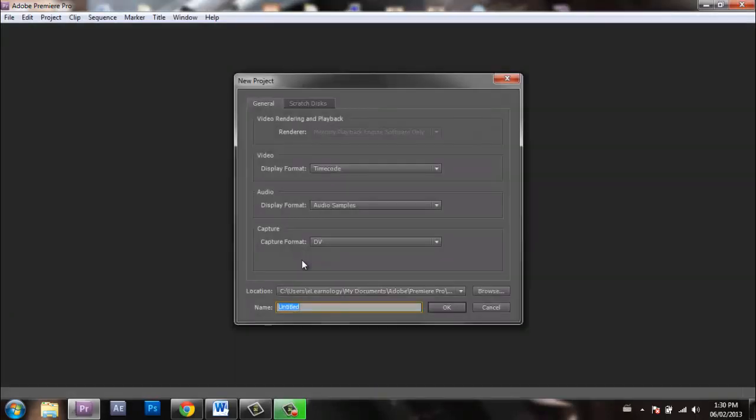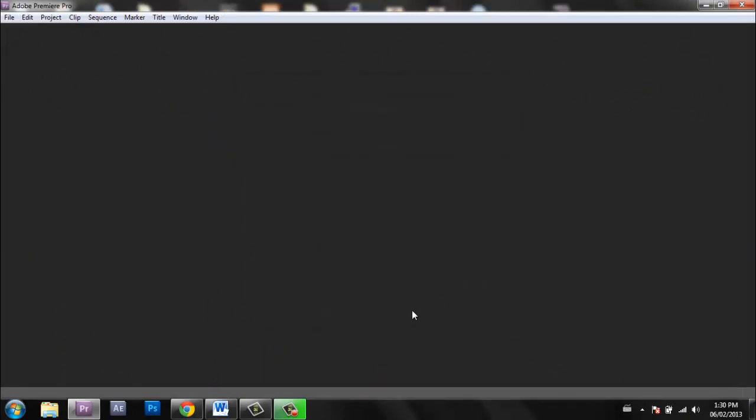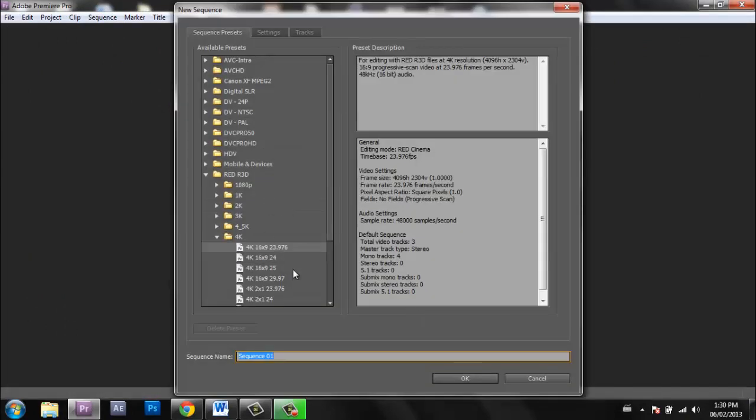Just going to create a new project, just call it Timelapse 2. And okay, and then it's going to come up with some sequence presets. Now with some of the later versions, you're able to utilize some of the resolutions like 4K from the red codecs. Since the GoPro that I'm using goes up to 12 megapixels, and coming in it's about 4,000 by 3,000